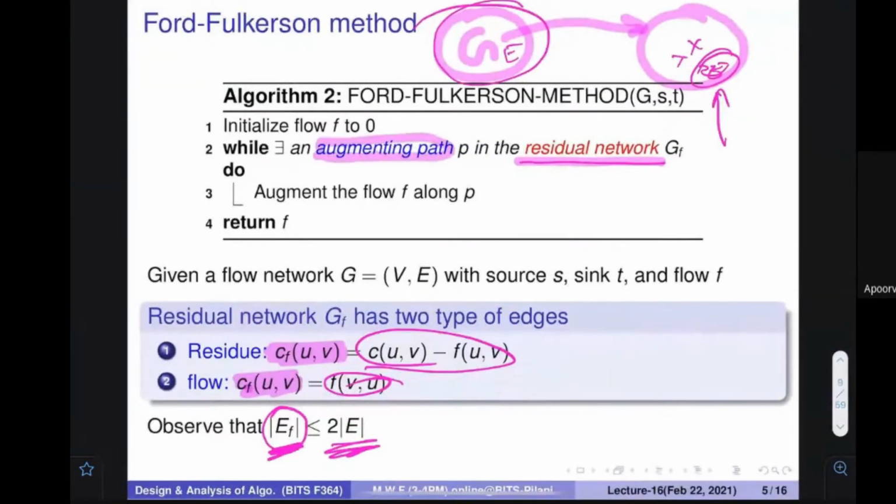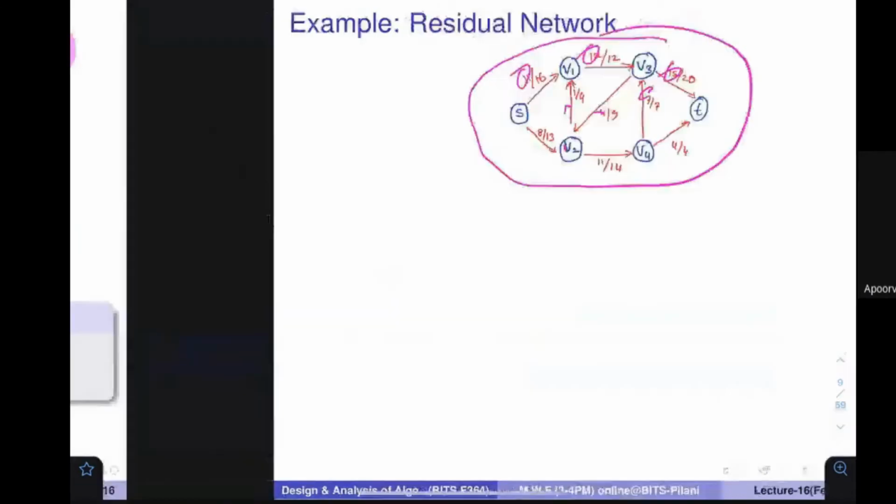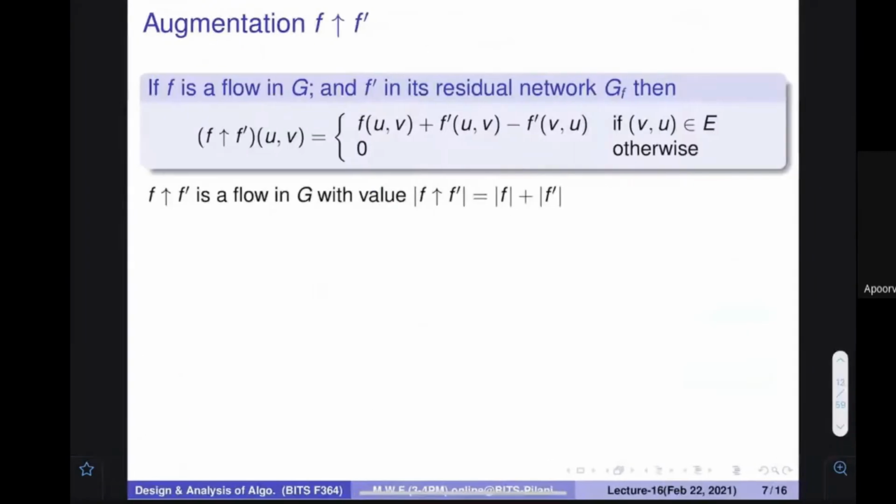If you find out the augmenting path over there, so we have talked about how we create the residual network. Then we have to find the augmenting path. After getting this augmenting path, we have to augment it into the flow network. How this augmentation happens, that's the important part. Okay, so augmentation, we are going to talk about that. What is the augmentation? Hope till now, if you have any question, please let me know.